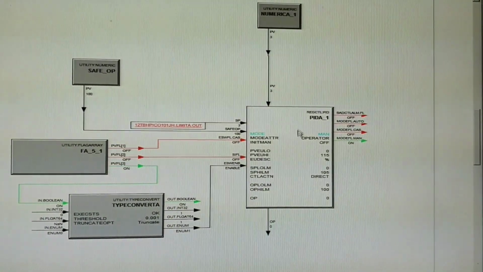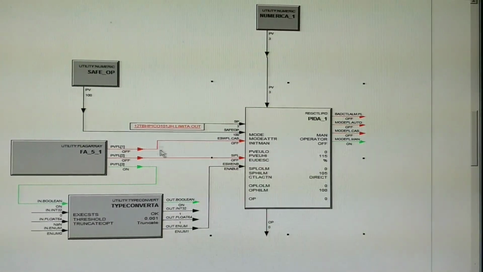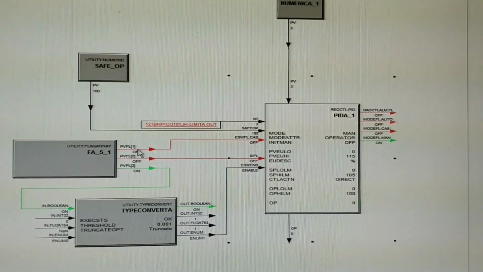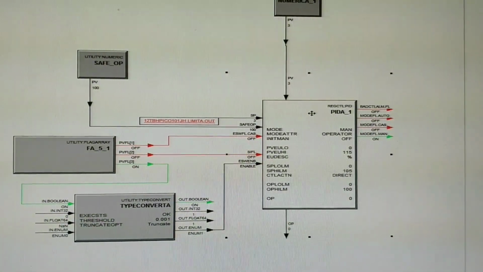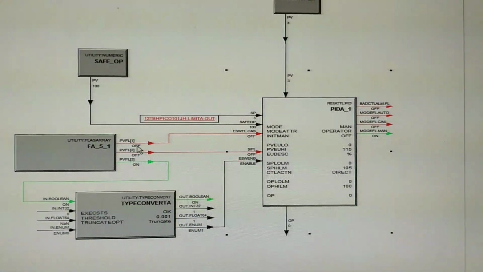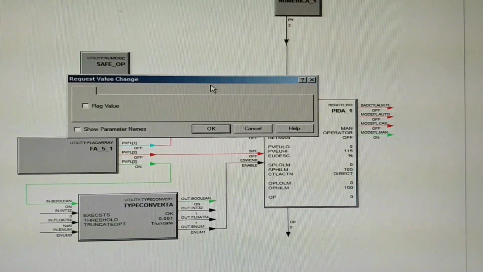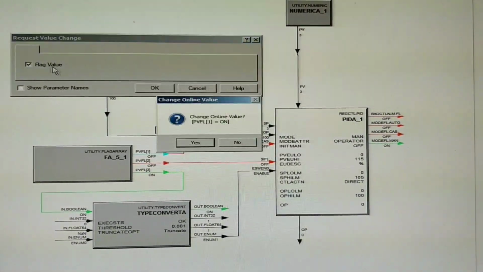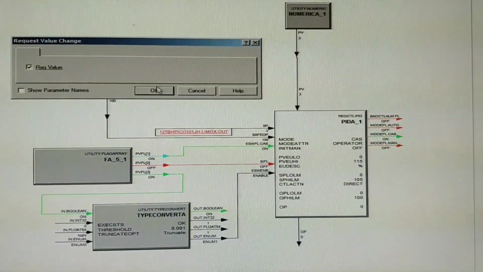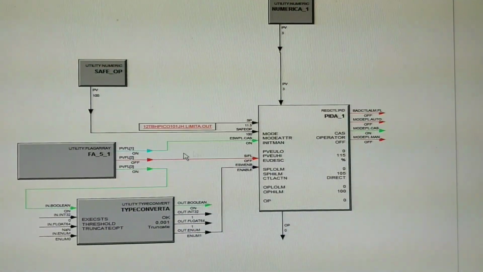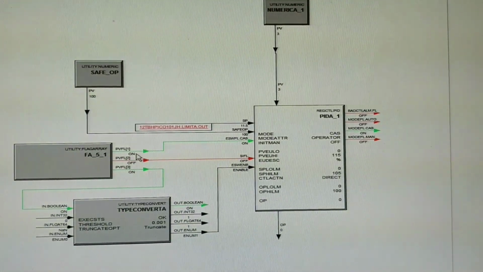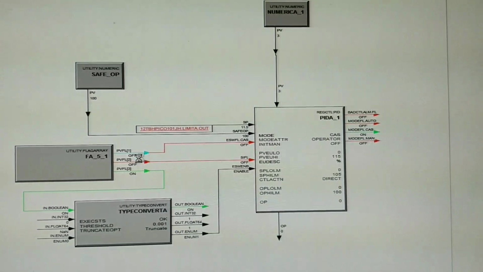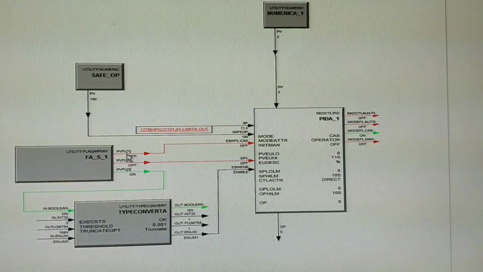Now you can see the PID controller is in manual. Now this is the ESW FL dot cascade, means it is the bit to change the mode of PID controller. Now I will change the flag value to true, and see mode attribute will change to the cascade. Here you can see. So in this way we can change the particular mode through the program, and this will be any logic conditions.